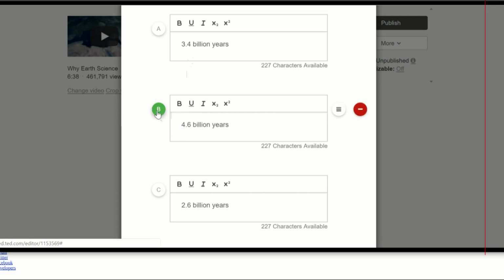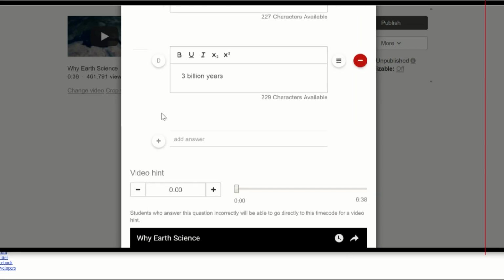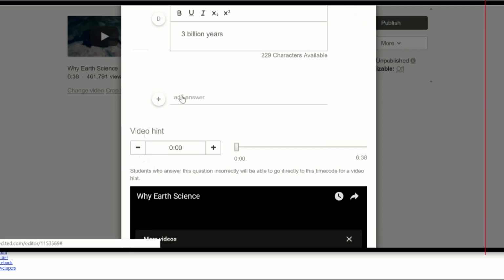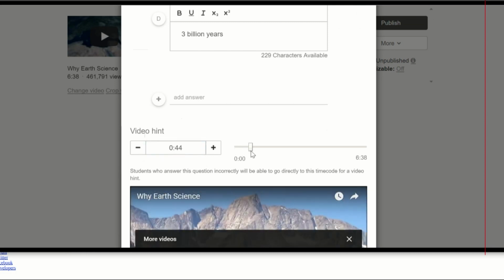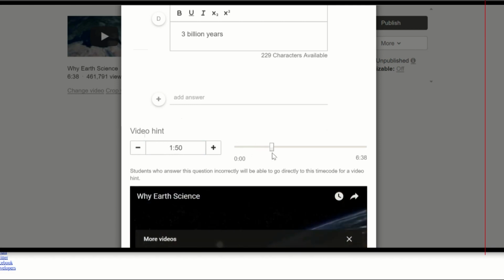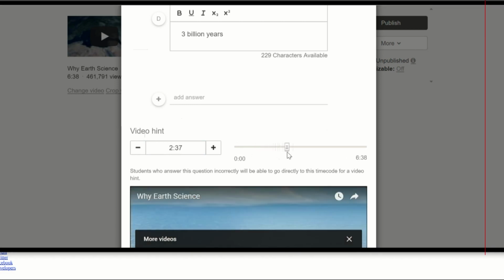So what I do is I click on this. It says mark answer correct. So I have chosen this. This is my right answer. And I can also add a video hint. So for this, I need to cue it. I need to take this, move this along this line exactly to the point where